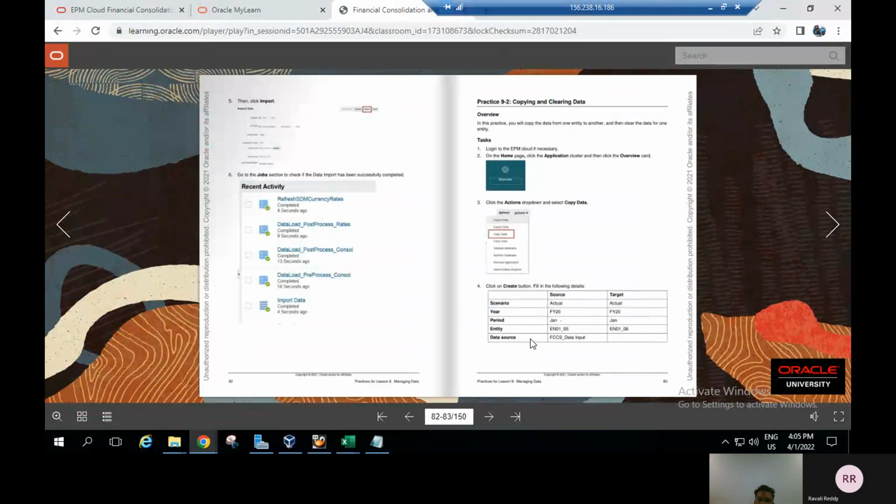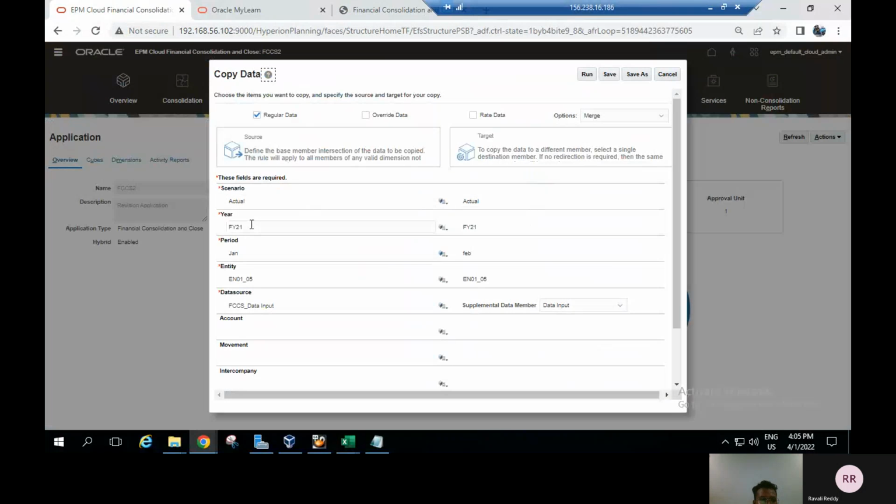And coming to the data source, you have to select FCCS data input, and based upon this, I will show the navigation. For the scenario, I selected actual, and the target also actual. Here I have taken FY21, here also FY21. Coming to period, I have taken Jan, and here I will take Jan. And coming to entity, I have taken EN01 underscore 05, and here you have to assign EN01 06. Click on OK. Coming to dimension, FCCS data input,